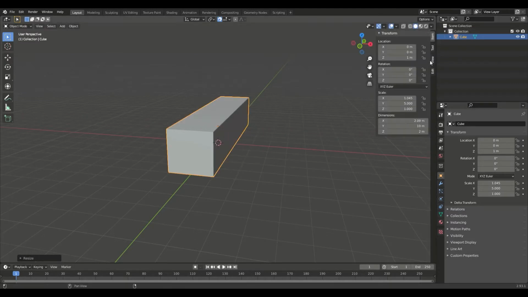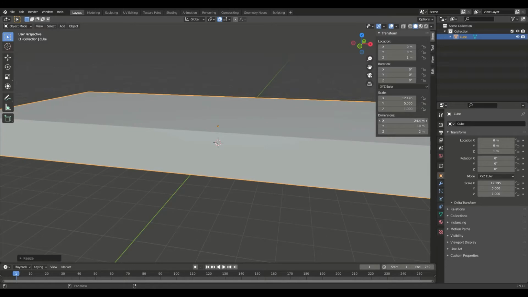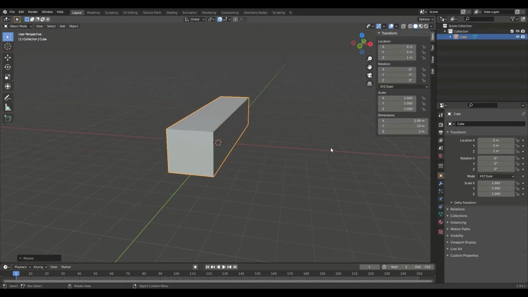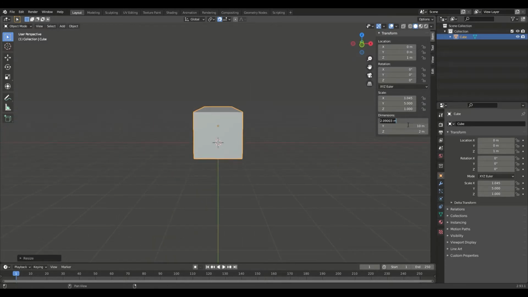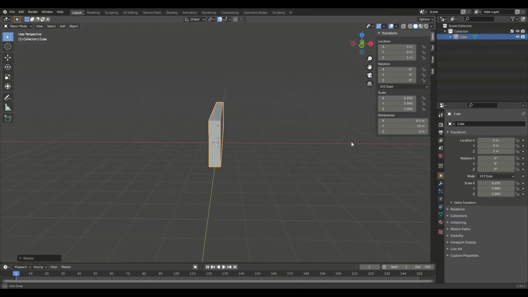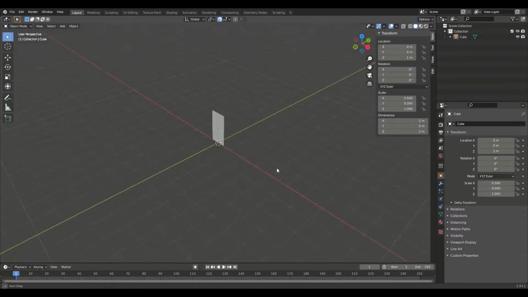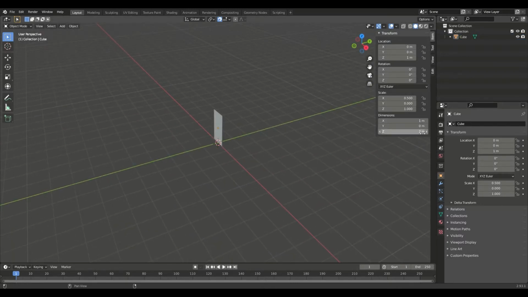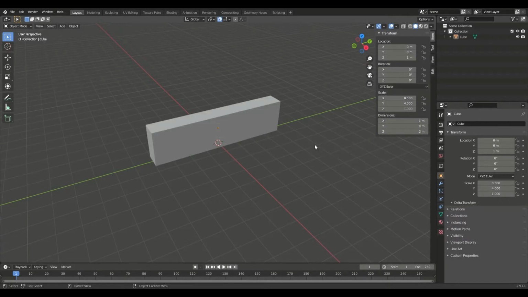Okay, so then we can go here and we can change whatever we want with these sliders. So I want it to be, let's say that thin. That's not how thin I made it in the video. So we can put it like at 1. No, not there. There. Oops. There. Okay.